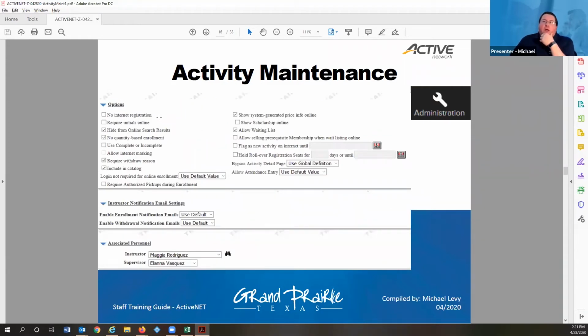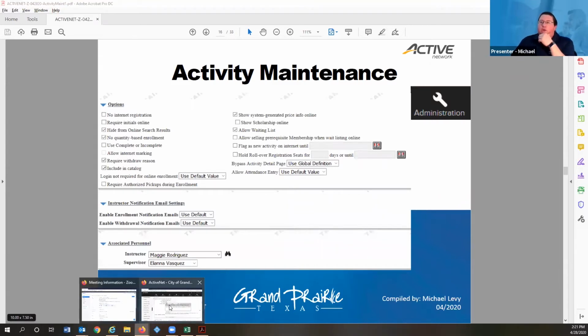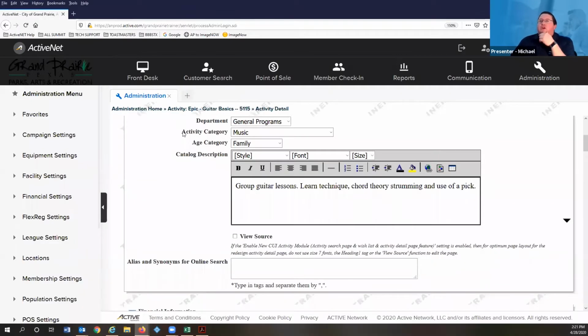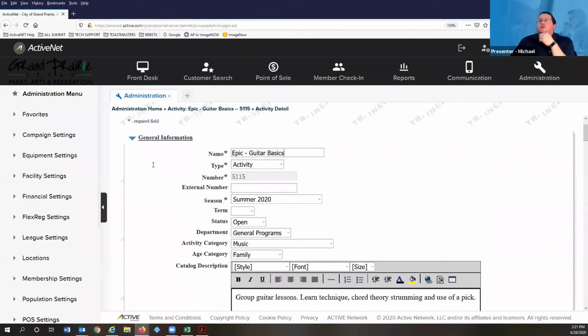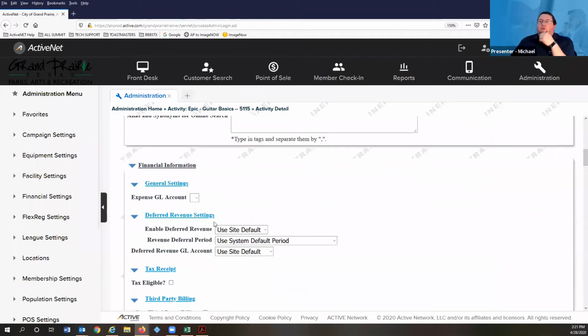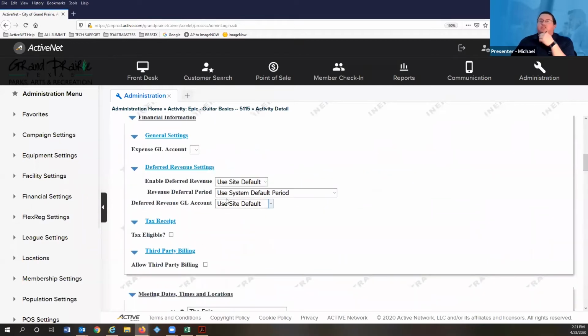Now we get down to options. And let me go back here to get our visual. I want to show you where we are. So we talked about originally, we had the beginning with the general information. We then went into the financial part of it, which a lot of these things are already using the default